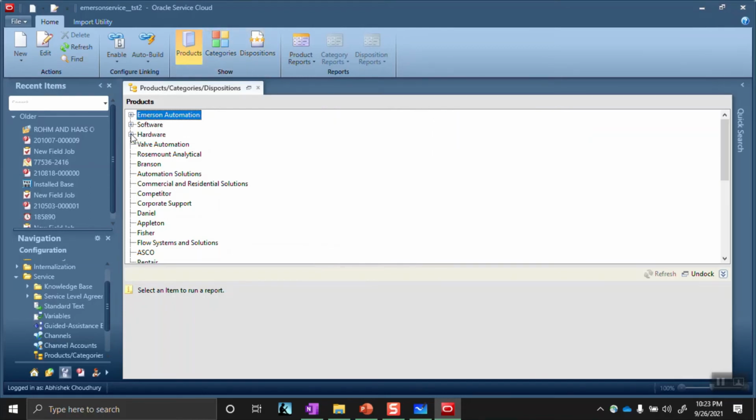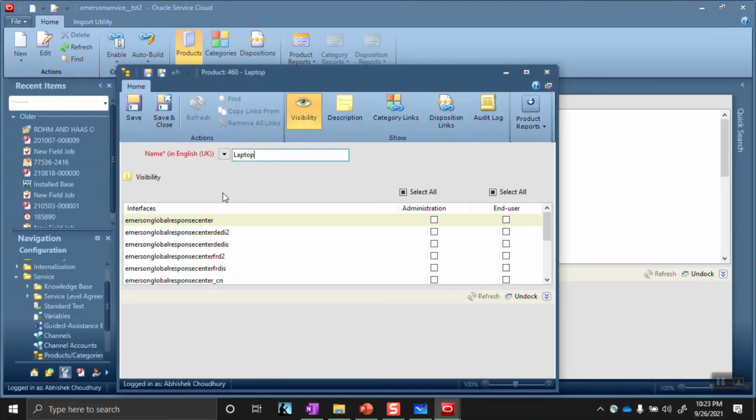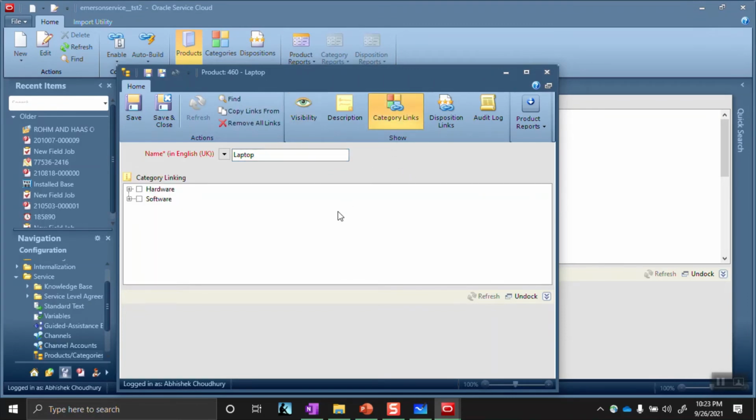So I go to hardware, and then I go to laptop. I double click this laptop. I go to category links, and I select to what it should be linked.